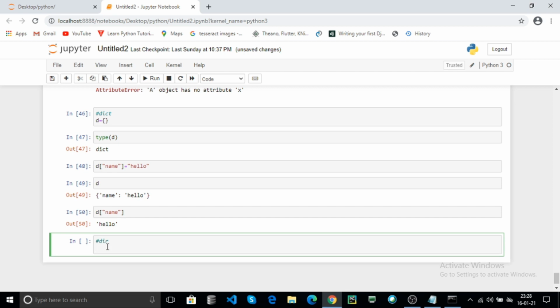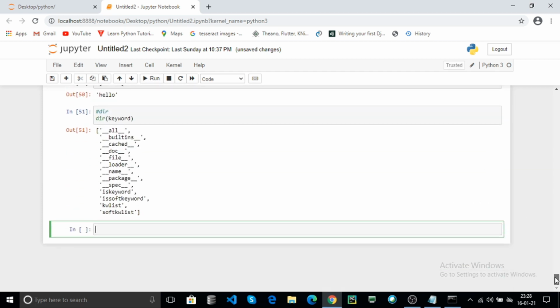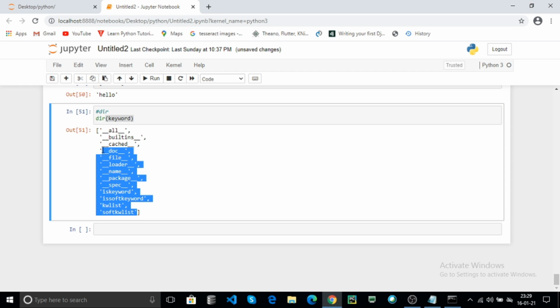And use the dir. This is the directory. If you want to see your module directory, in the previous cell use the keyword module. It returns all the methods and magic methods for the keyword module. Then you can use it anywhere in your modules.